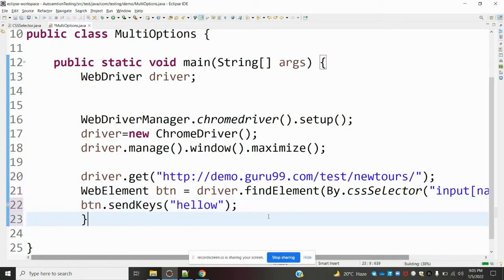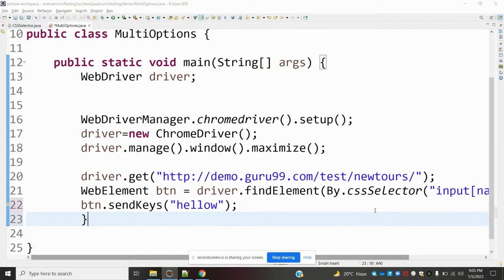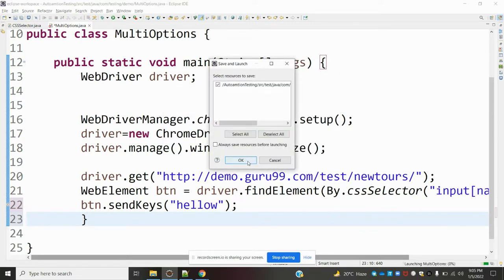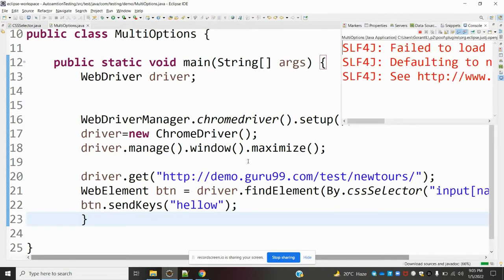If I run, it will provide the value to that particular page, and it will send the value to the text box. These are the three ways we can find a dynamic element using CSS selector substring.